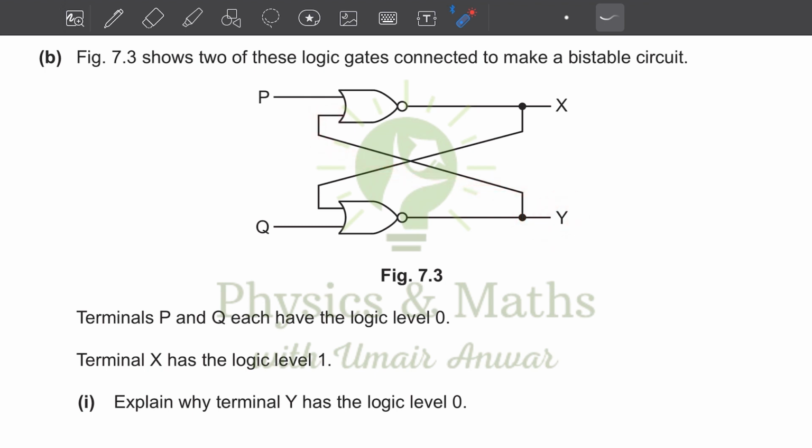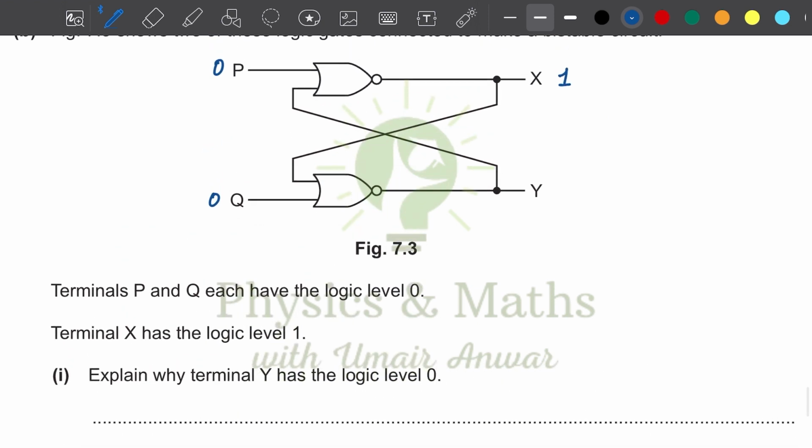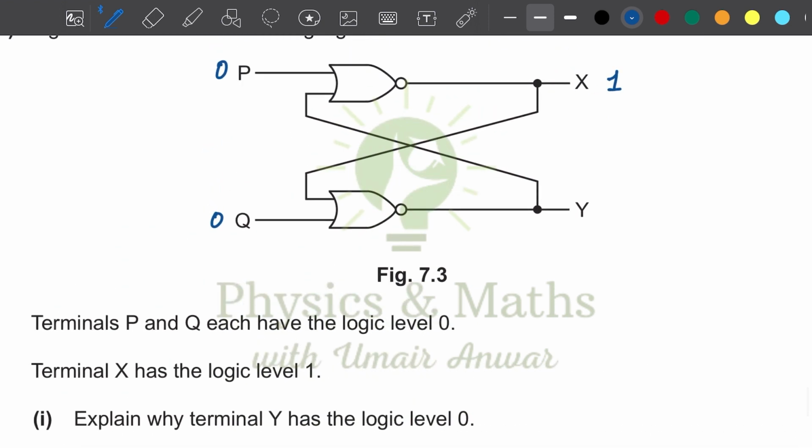Terminals P and Q each have logic level 0. So we have a logic level 0 here and here. Terminal X has the logic level 1. So we have 1 over here. Explain why the terminal Y has the logic level 0. So it is 0